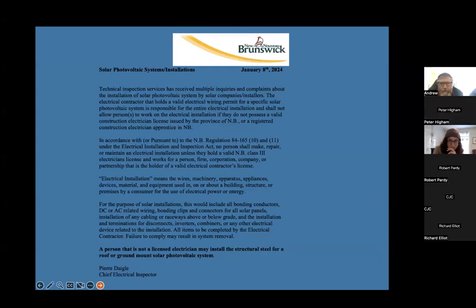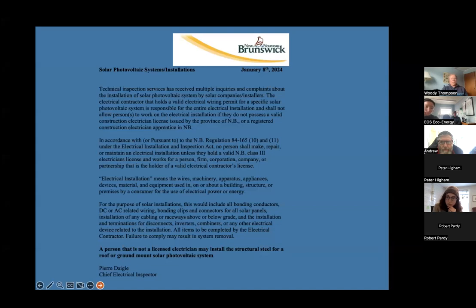So that pretty much rules out solar installers working on a roof, because you would have to have the electrician there with you all of the time to connect these two little MC connectors together. And these are pre-made. There's really nothing to do except push them together. Anyway, the upshot is that Pierre Daigle is trying to remove anybody who is not a red seal electrician from